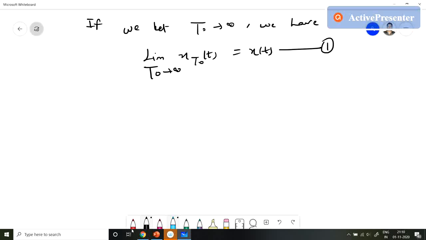So the complex exponential Fourier series